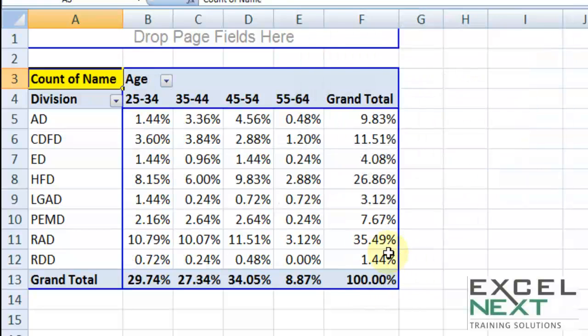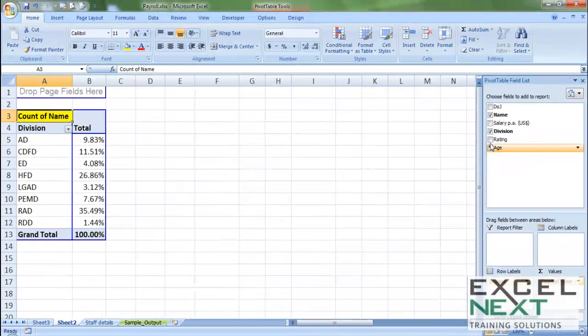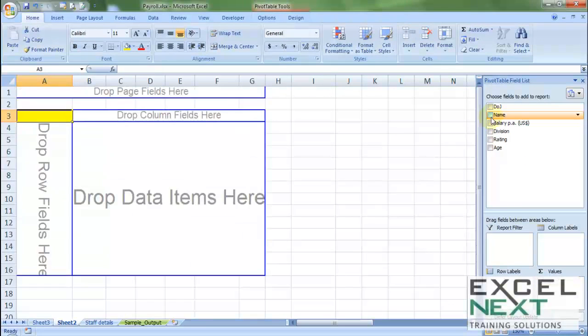Okay, so now 100% is the workforce. Almost 30% of them belong to the young age group, and almost 9% in the senior age category. So you may try different combinations. The results are going to be very helpful. So this was the first application of grouping. Let me do one thing. Let me check off all the items once again, and let me show you how you can use the grouping